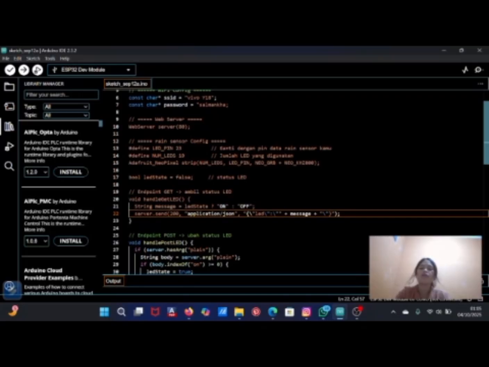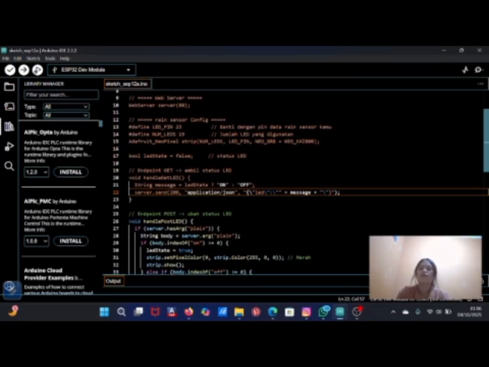By using the NeoPixel library, we can send color values to the LEDs in RGB format and then display those changes by calling the function strip.show. A variable called ledState is also defined to keep track of whether the LED is currently on or off.